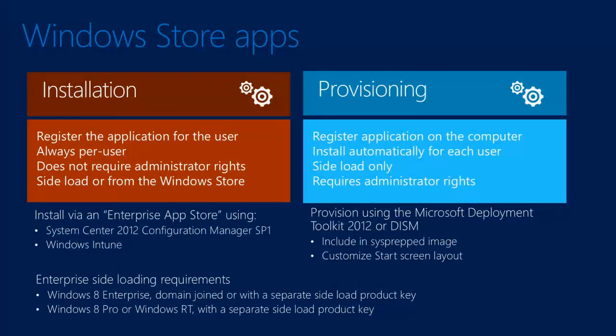more challenging one if you're not running Windows 8 Enterprise. If you're running Windows 8 Enterprise, it's not too bad. Just join it into Active Directory, the requirement's met. Windows 8 Enterprise, domain joined, automatically enables sideloading. Windows 8 Enterprise in a workgroup, Windows 8 Pro, or Windows RT require the installation of a separate sideload product